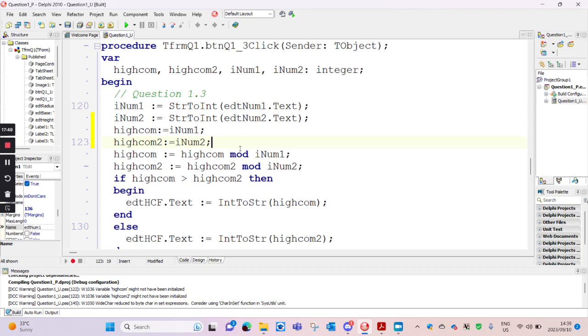All right, then what this person did, he took that number, modded by the number itself to see if there's a remainder or not. Then he checked if the first one is greater than the other one, then displayed that, otherwise displayed the other one. All right, so